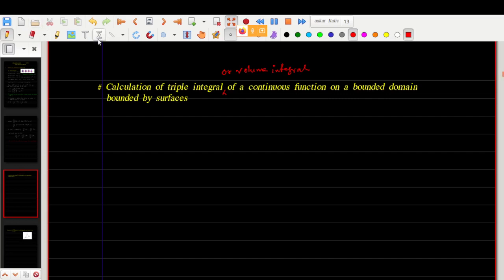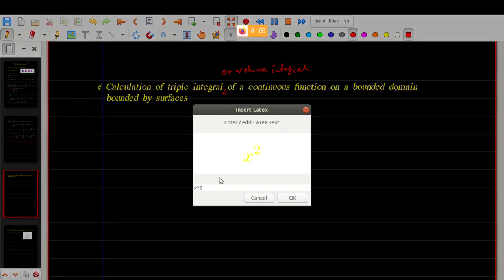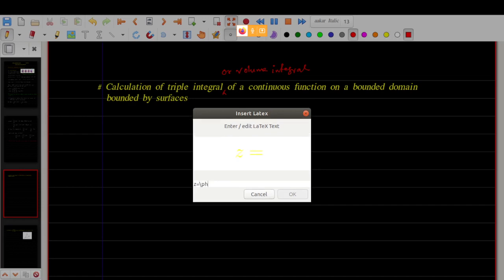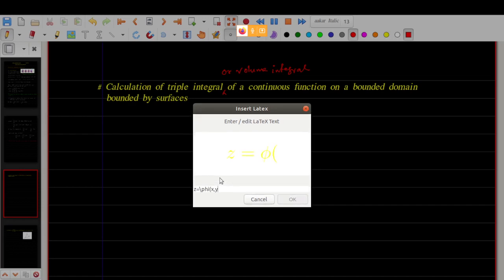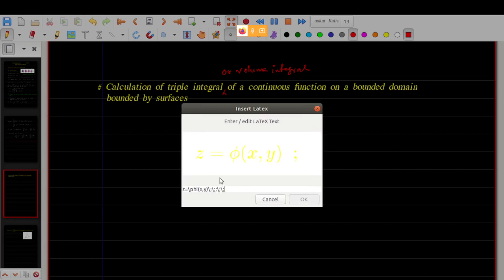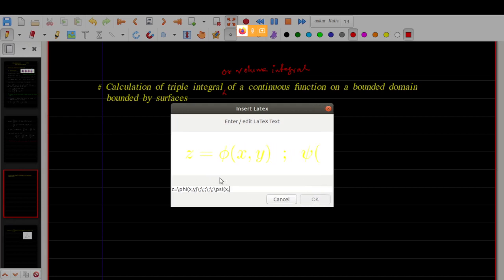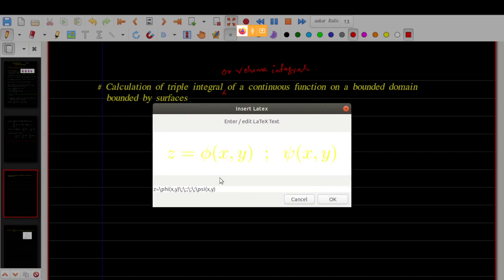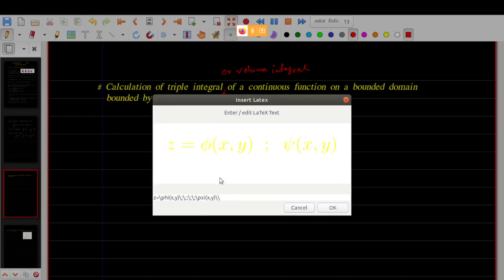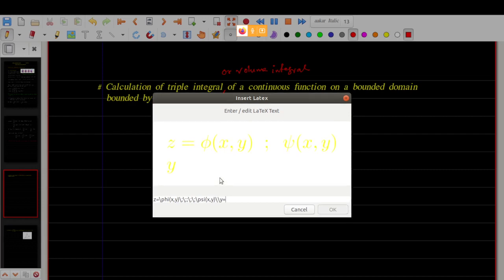So here let me write z equals phi of x comma y, comma psi of x comma y. It is a function of both x and y,